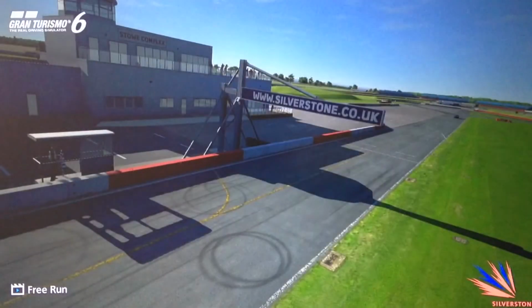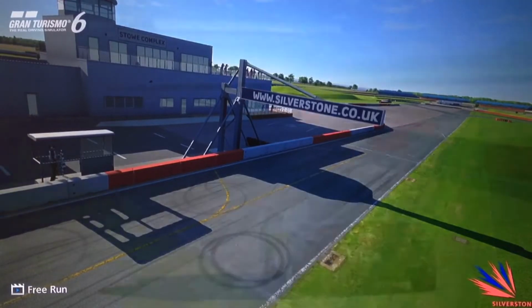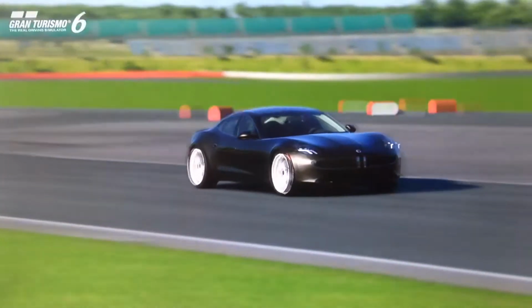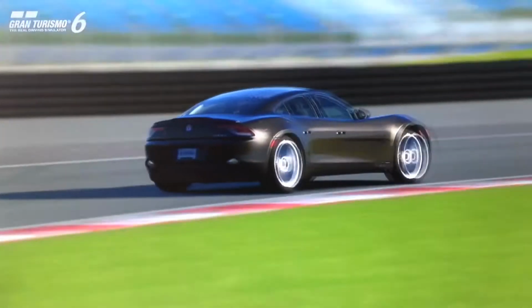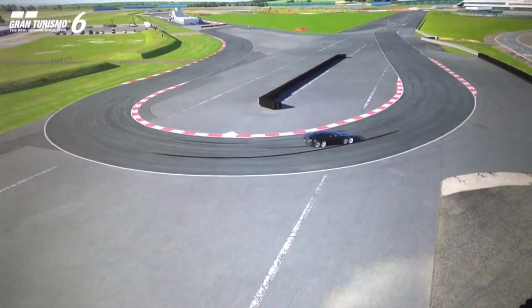And one of them is weight. It's an extremely heavy car. Now, electric cars in general are quite heavy for their category, mainly because of current battery technology, but the Fisker is an extremely heavy car. It's one of the heaviest vehicles in the game. It weighs well over 2 tons stock, and even with the full weight loss package, it still weighs